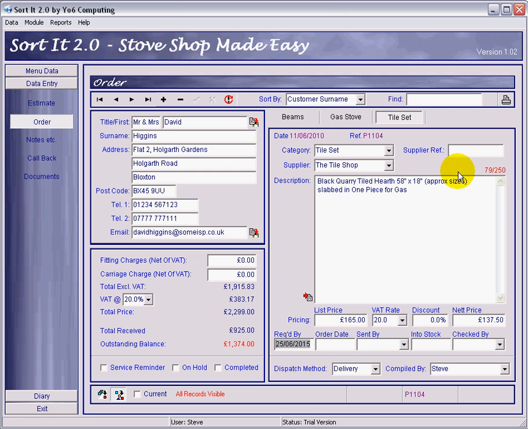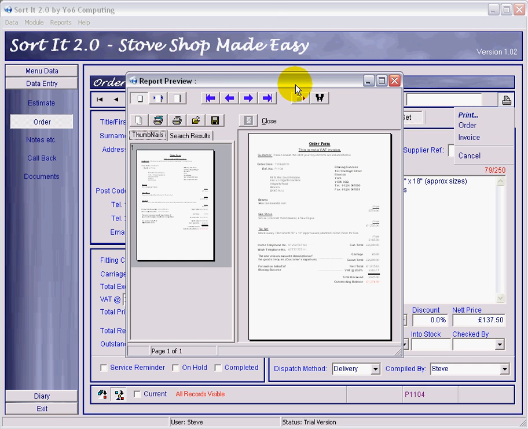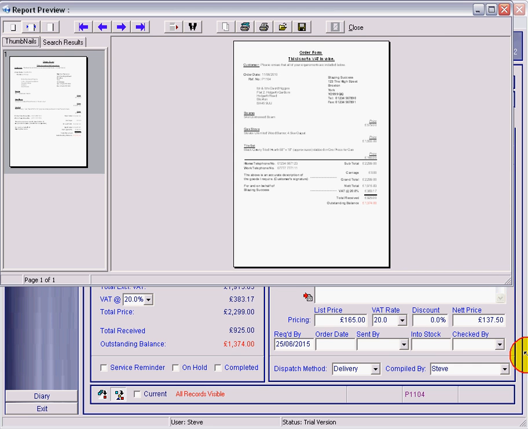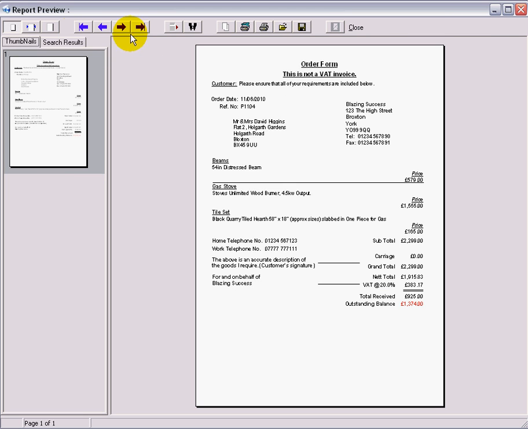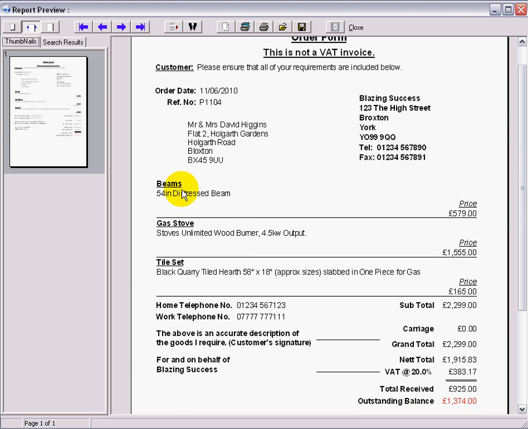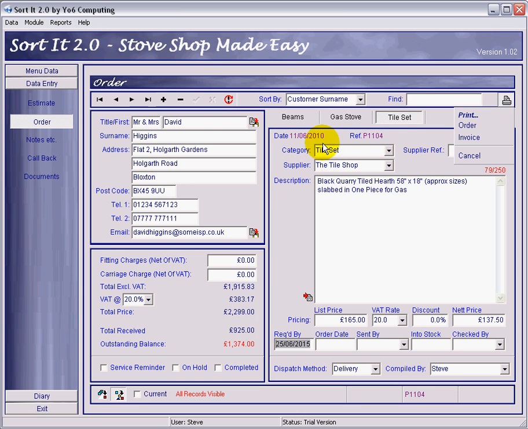Once everything looks right on screen, we can then go and print the sales order. Just resize that so you can see it. And there you see all those goods that are there